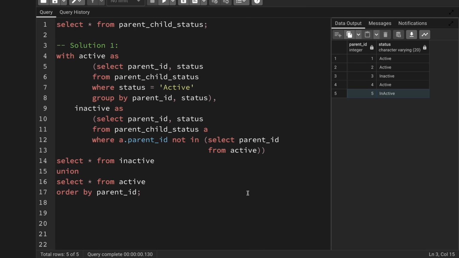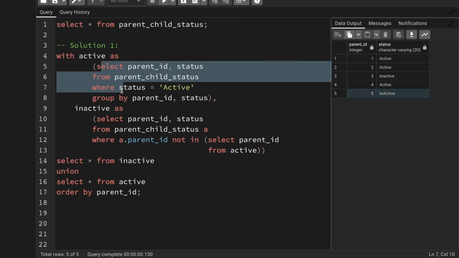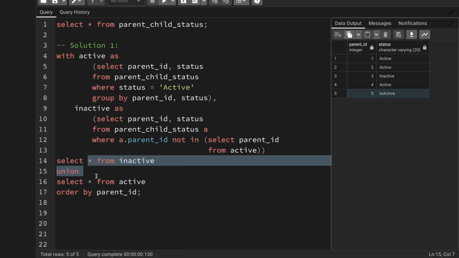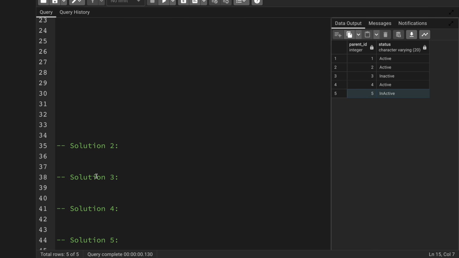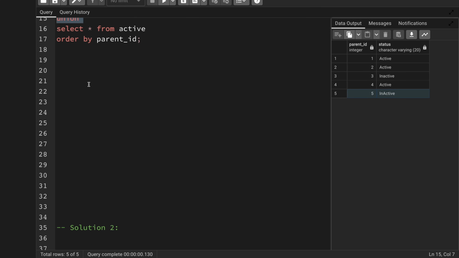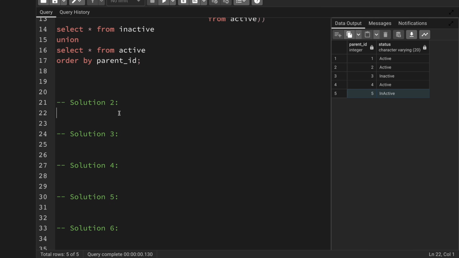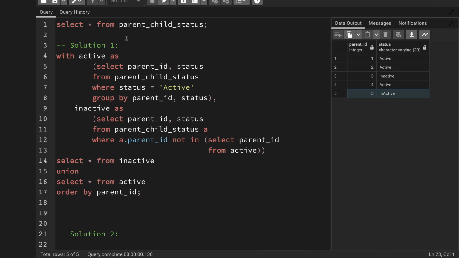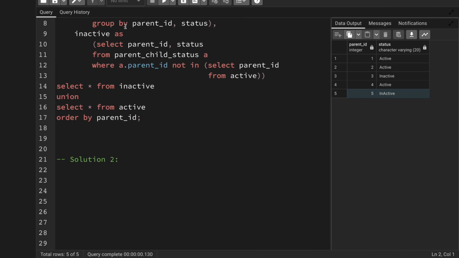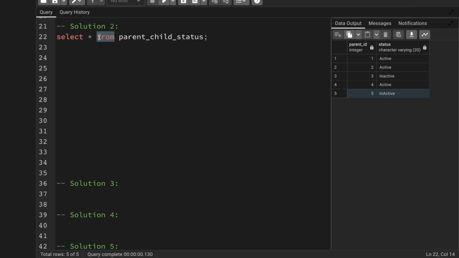Now let's move on to solution number 2. In solution number 1, the problem here is, it's not a problem, but if you see, we have 2 different subqueries, then we have a union clause, etc. We can simplify this, and let's try to simplify that in our solution number 2. So I'm going to go into our solution number 2 here, and if I just query my main table and run this,